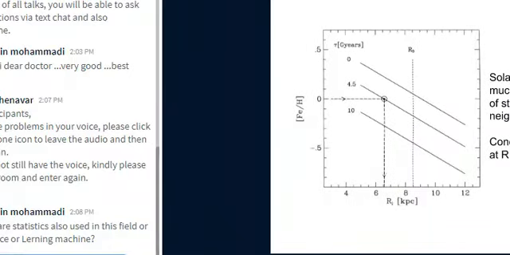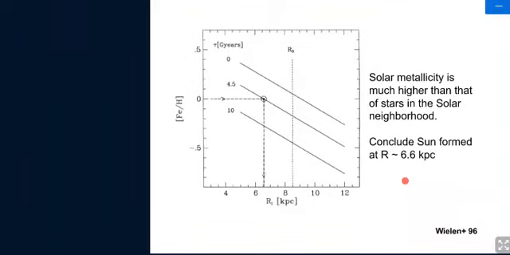Okay, so the story that I want to tell you about first is about migration. And migration starts off with a very interesting paper. It was a paper in response to this one that I'm going to show you first. This was a paper by Vila et al. in 1996, where they looked at the solar metallicity,